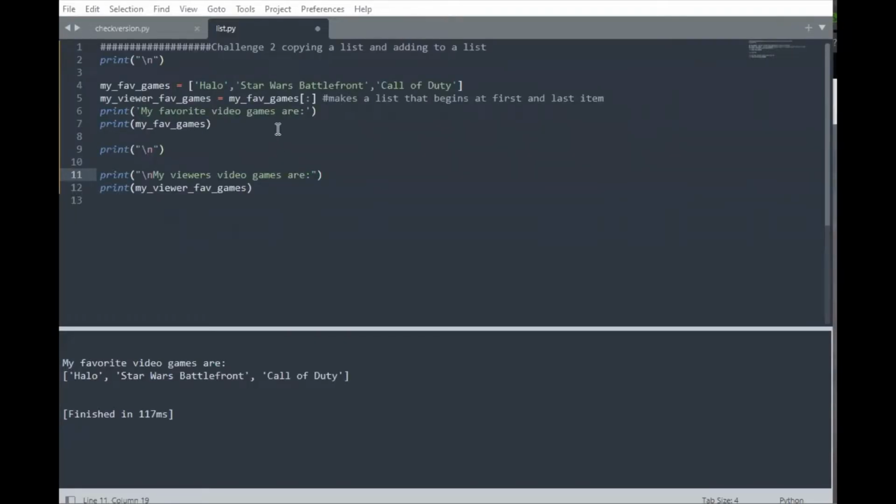Okay, and now we're going to copy a list. So here we have my favorite video games: Halo, Star Wars Battlefront, and Call of Duty. My viewers' favorite video games, which in this case is going to be the same as my list. And then I'm going to print, my favorite video games are, the list of my favorite video games, break, print my viewers' favorite video games are,